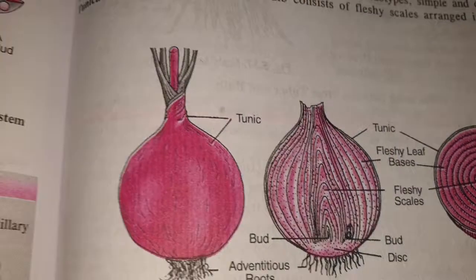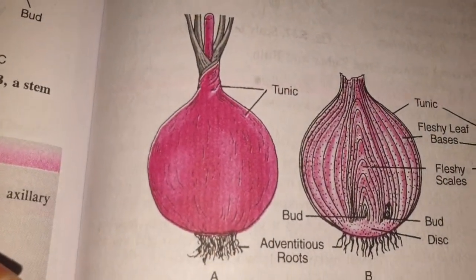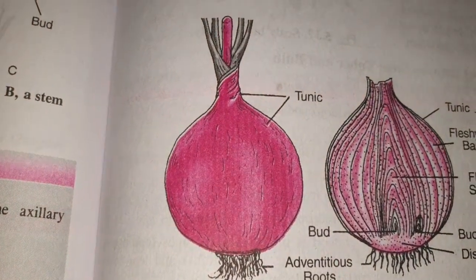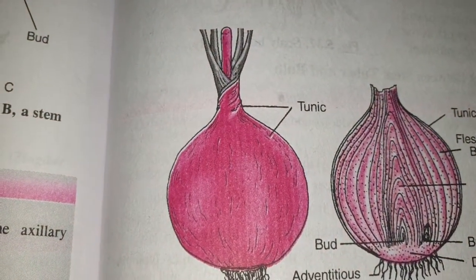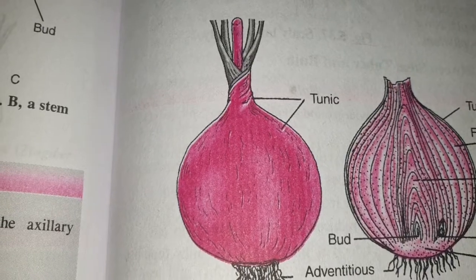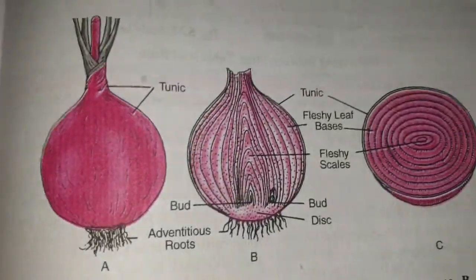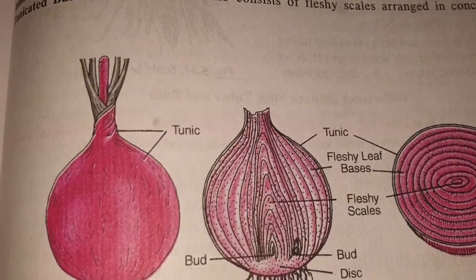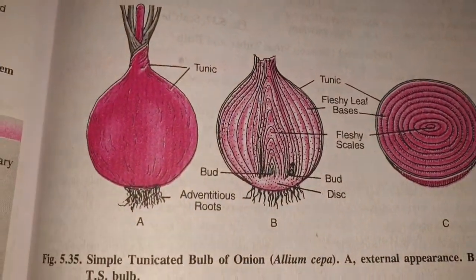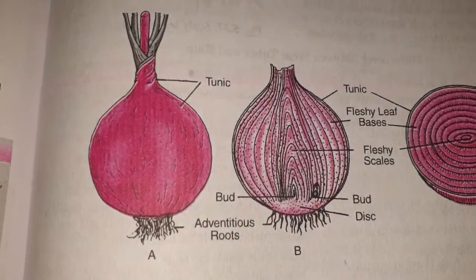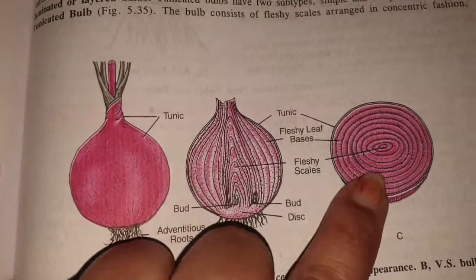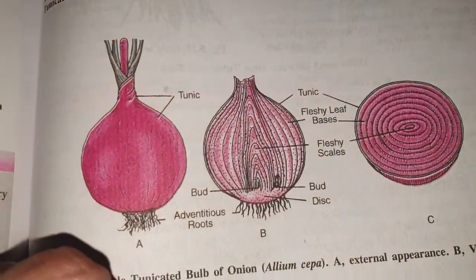Okay, next is the bulb, which is observed in case of onion. Here these are pyriform shaped, that is pear shaped structures. Okay, they have fleshy scales present. It can be divided into two types. One is tunicated and the other is scaly. In case of tunicated, which we observe in onions, the fleshy scales are arranged in more or less concentric fashion. As you can see, they are a concentric arrangement.